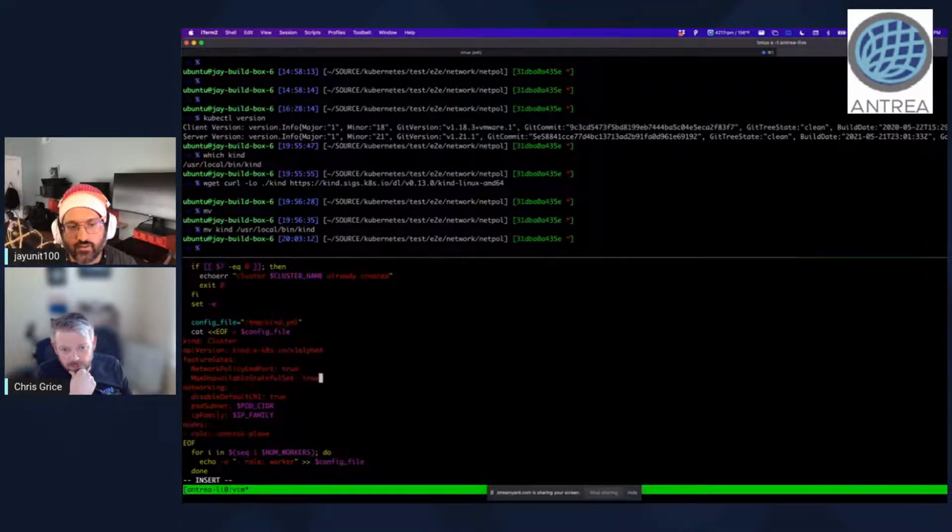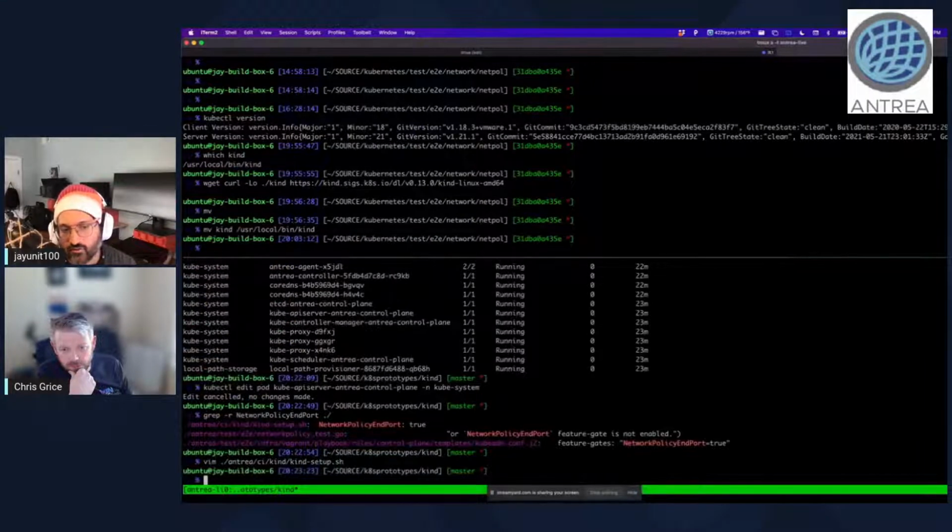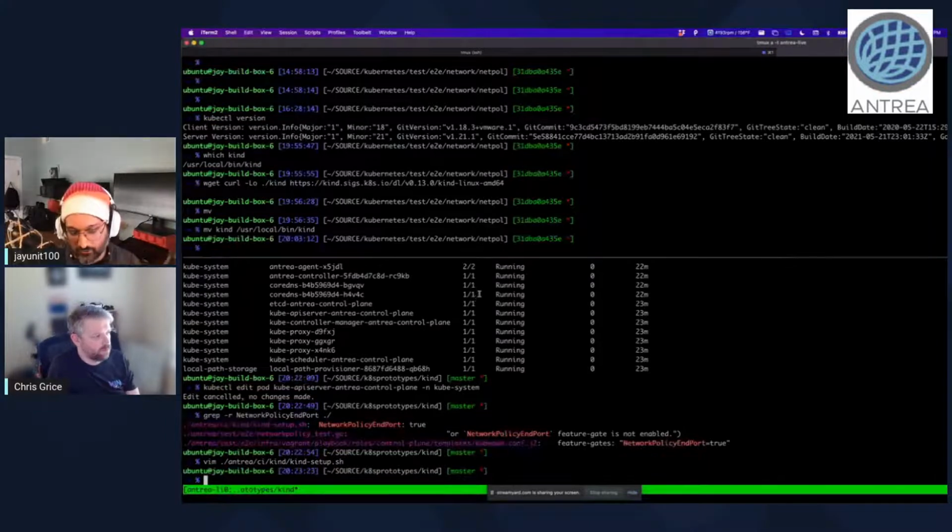So this file is the Antrea kind setup script. So Antrea has its own setup script for kind that it comes with. So you can git clone Antrea, and then you can run this, and it'll create a kind cluster with OVS in it, and then it'll create the cluster. So anyways, I wasn't really thinking about that. But now if we were to kind get clusters,